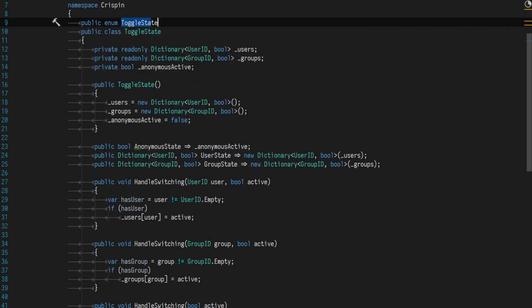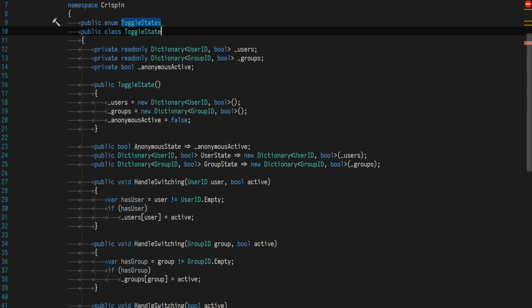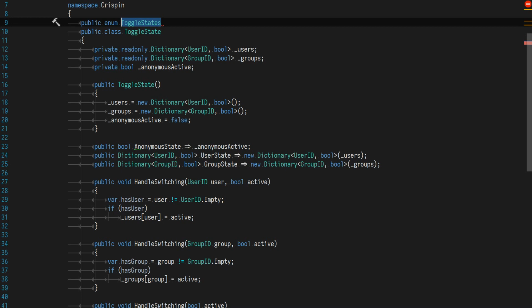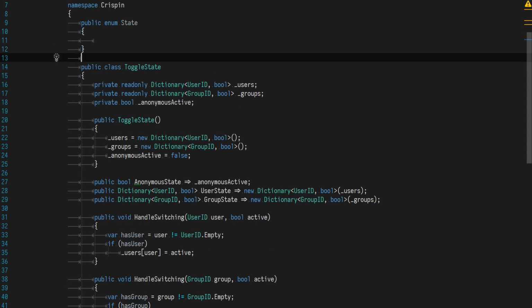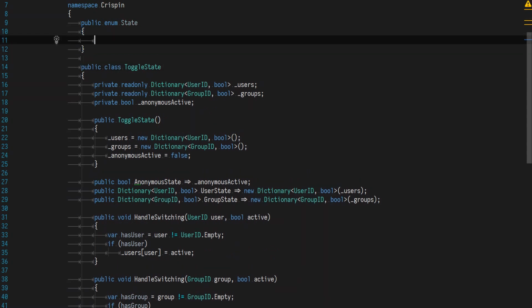toggle states. That's annoying, I don't like having a toggle state and a toggle states. Let's just call it state. Now, we have at least two settings for this, on, off, and potentially undefined, or unknown, unset perhaps. And which one of these should be the first item in the enum? Because that's going to be what everything defaults to. When you declare an enum, if you don't assign anything to it, it's just the first value in its list. So I think unset